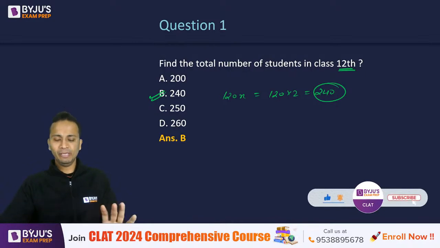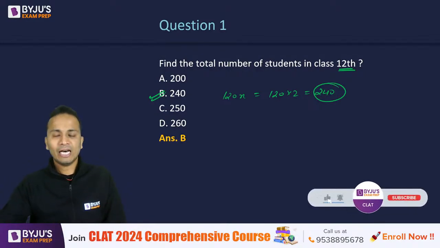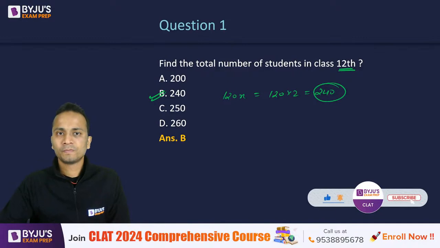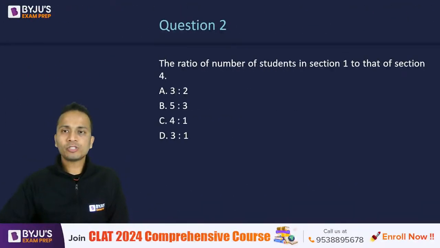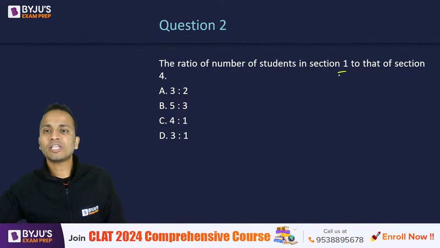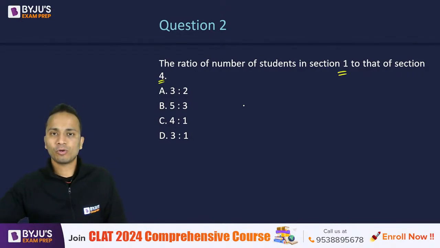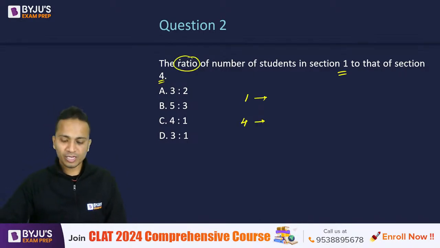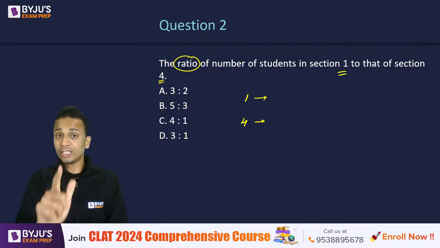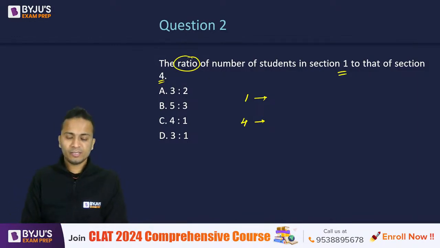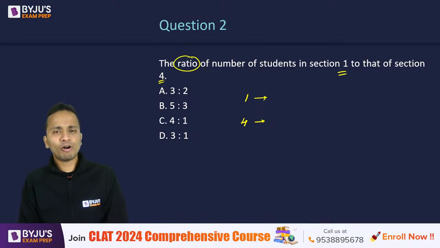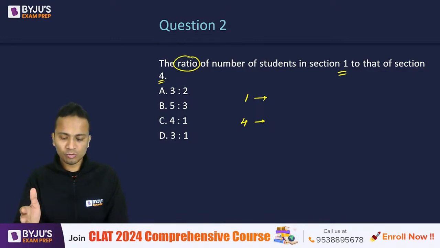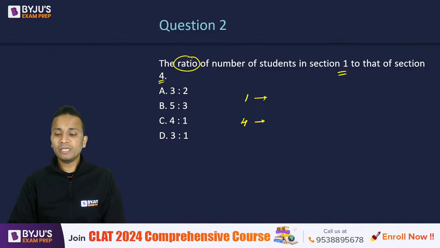All right, simple, done. Now let's move on to question number 2. I'll give you a few seconds to give me an answer. The ratio of the number of students in section 1 to that of section 4. Section 1 and section 4, you need to give me the ratio of the number of students. I want this answer from every one of you, at least Kusum and Varun, both of you please write your